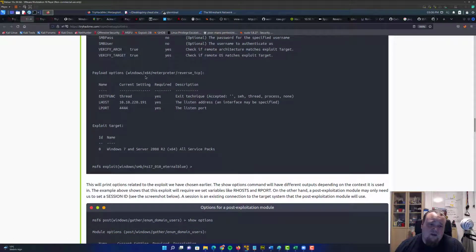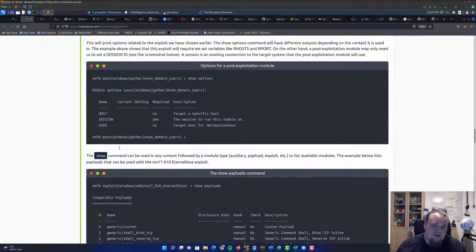The payload option is also something you sometimes need to fill out, but in most cases you need to fill out your own local IP address, the interface you're going to listen on, and then the local port, which is the port you're going to listen on. Sometimes it's going to give you something called exploit targets, and in this particular case it's Windows 7, and this is the first one, so it is already picked, so no reason to do anything there. When you fill that out,